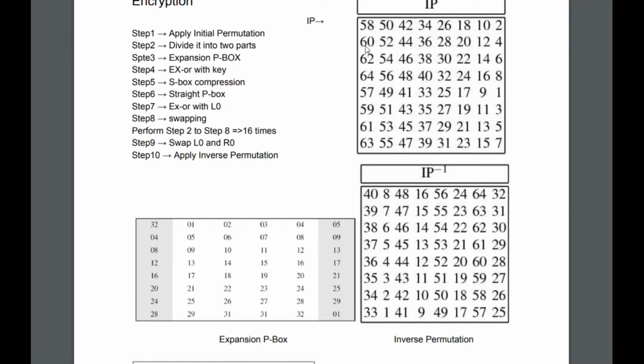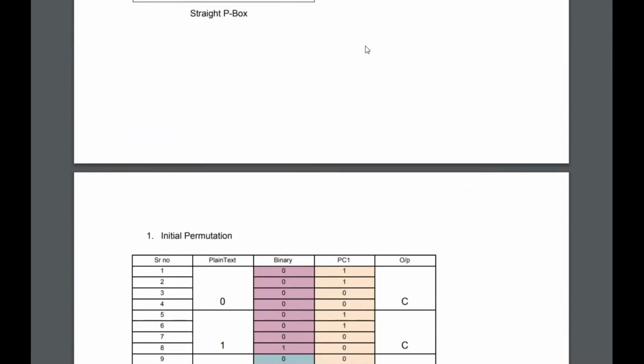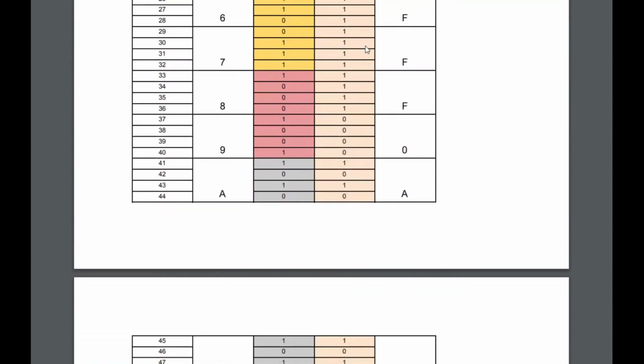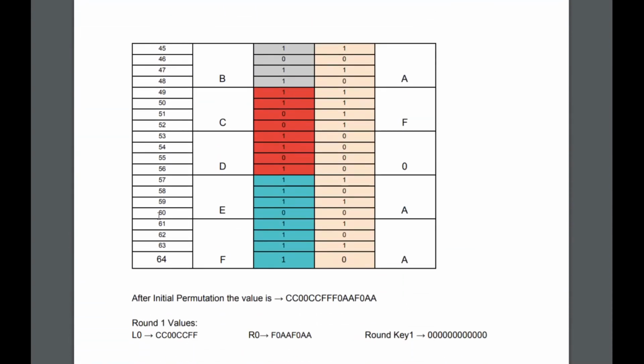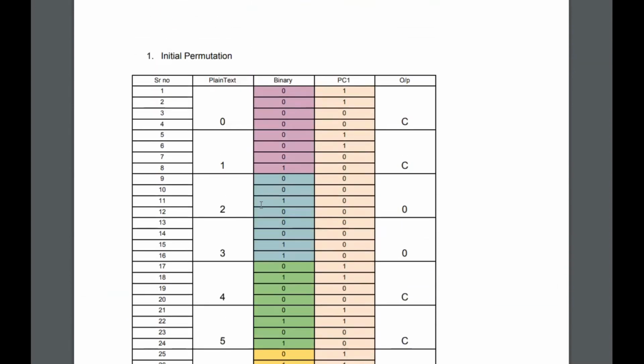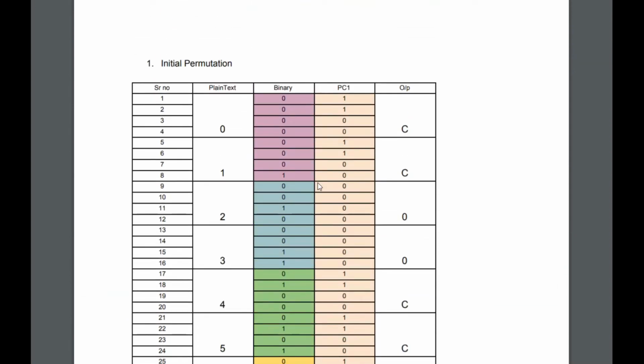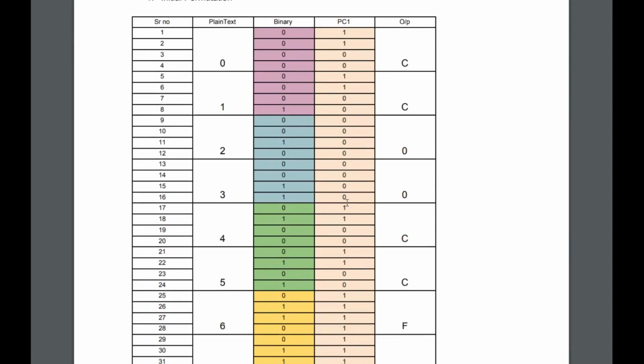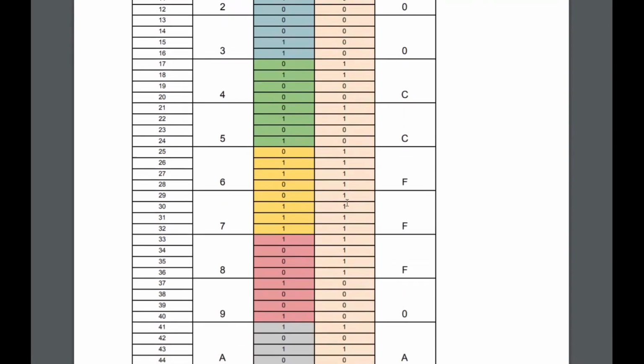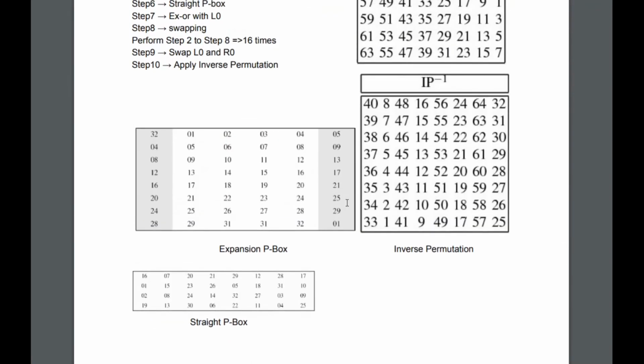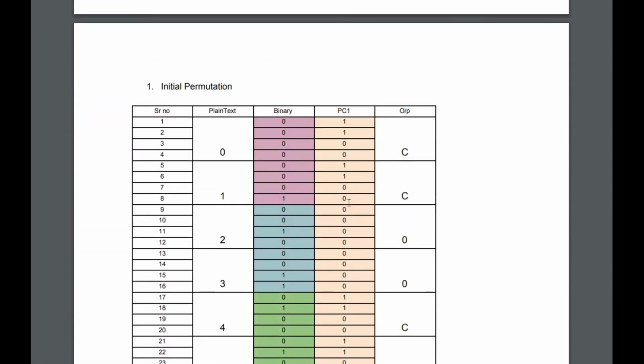The 60th value will be at the 9th bit. There is a 0 at the 60th position, so at the 9th bit we'll get a 0. Therefore we fill in all these values by looking at the IP1 table, and we get a result